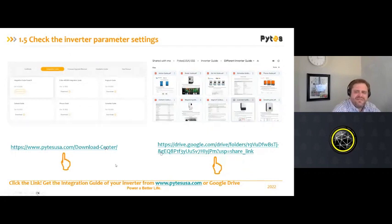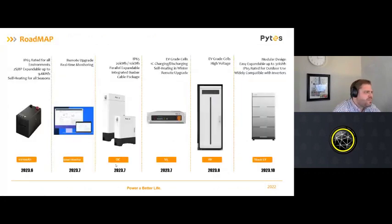And then looking at the Pytes product map, it looks like you can monitor the batteries through the Sol-Ark monitoring portal. It does look like Pytes is coming out with their own battery portal for their own monitoring. It looks like they're coming out with a heating battery, which is a better battery for an outdoor setting. And then working on some additional cabinetry. It also looks like they're coming out with a premium server rack battery, where what you can see in this